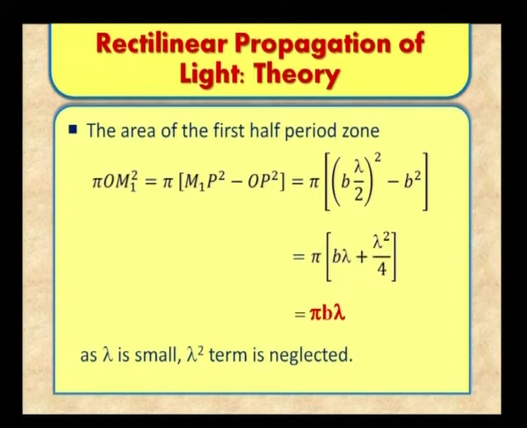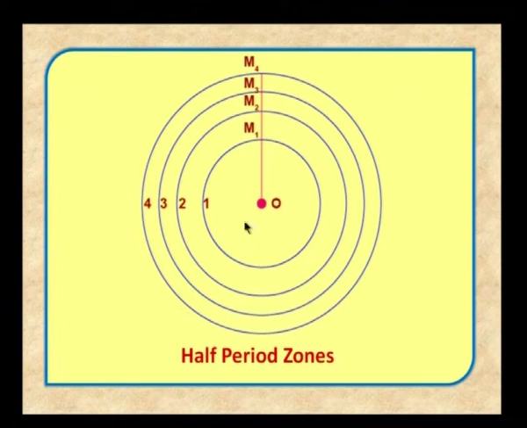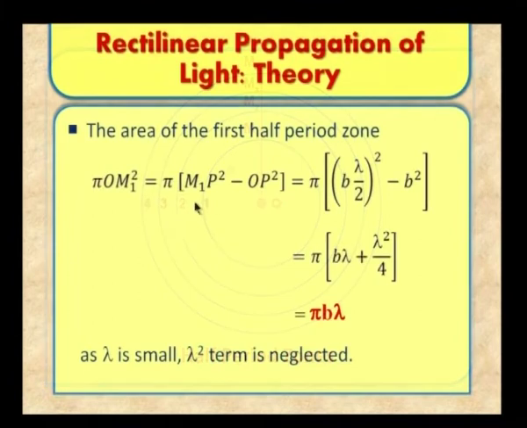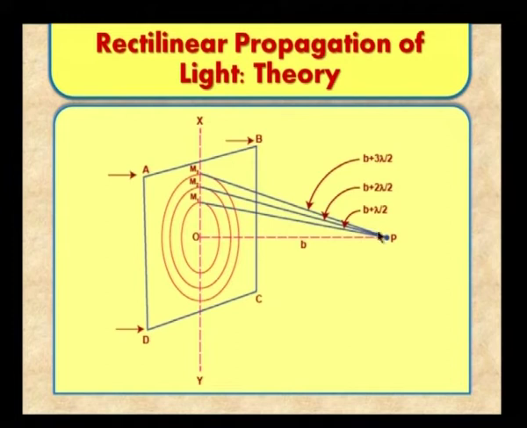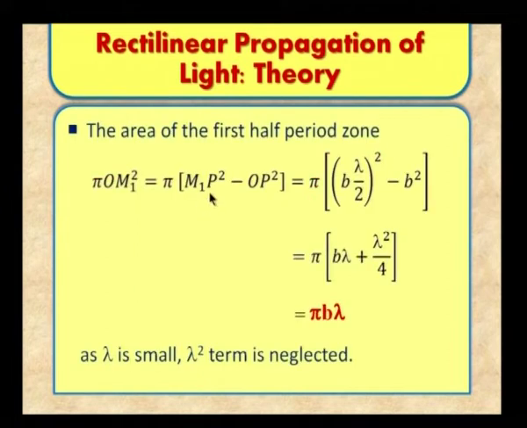Ym1 is the radius of the circle, right. So, pi r square, Ym1 square multiplied by pi. Ym1 is the radius, Ym1 square gives the area of the first half period zone. So that is what I am writing here: pi into Ym1 square will be pi times M1P square minus OP square, this is the Ym1. So this is what I am showing here, and that will be equal to M1P square minus OP square, but